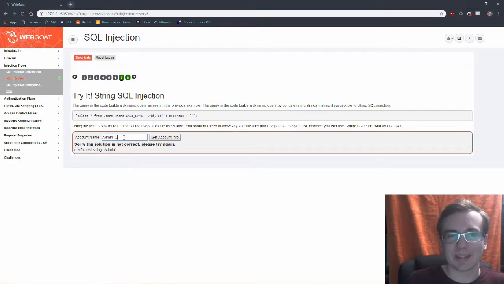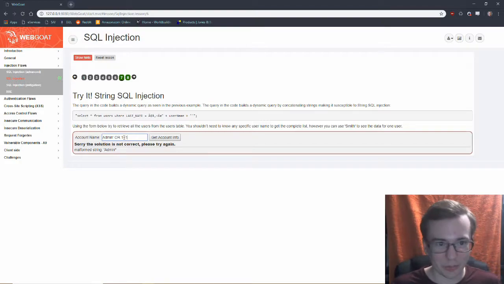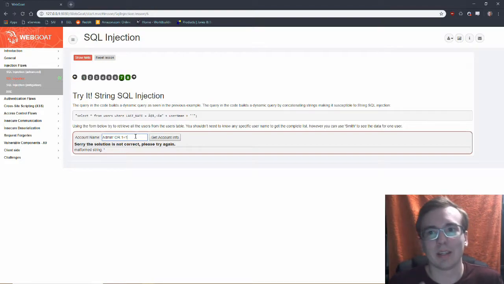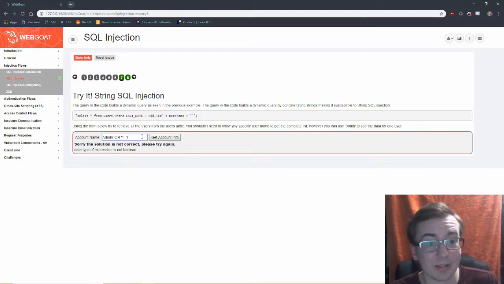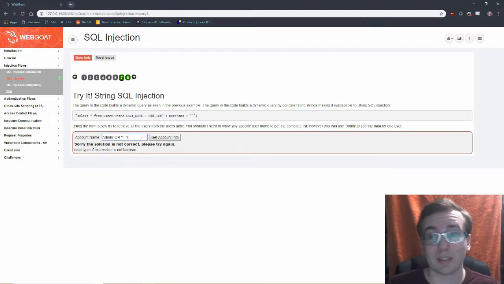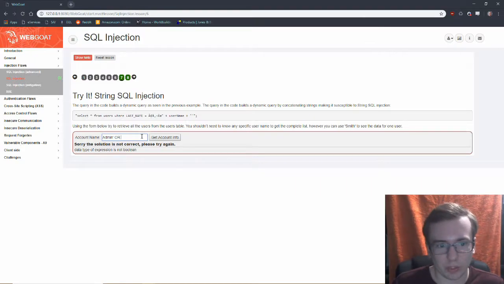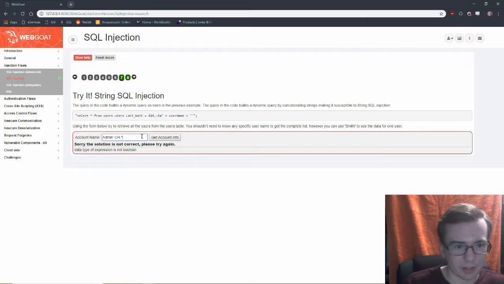So same thing as last time, we put in our conditional statement, and we can't just do 1 equals 1 in this case, because, well, we're missing some single quotes. And the question is, where would we put them? Can't put them right there, because data type of expression is not a Boolean. Well, it's a string, so we need to have 2 strings equaling to one another. So in a case like this, let's just do